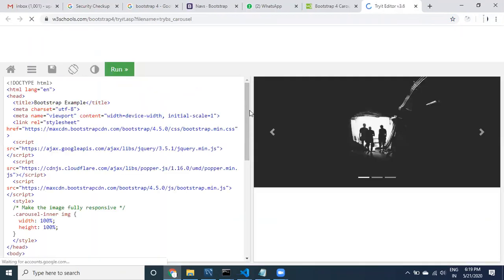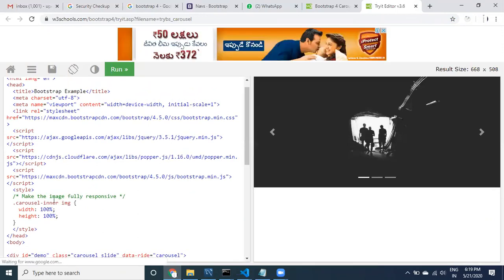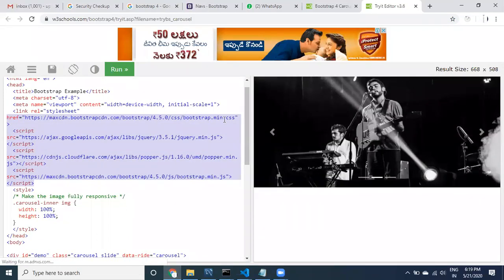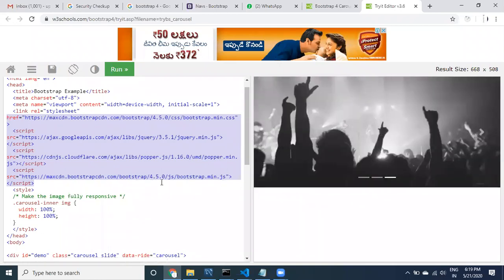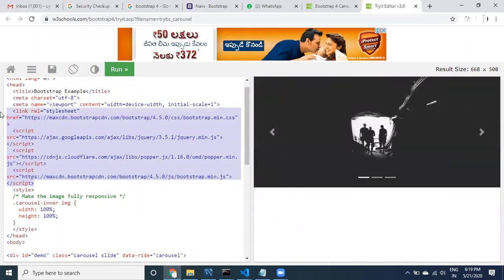See here, guys, what happened now to get this code. These are the bootstrap related CSS available. If you observe carefully, what are the things available? Bootstrap min.js, jQuery min, popper.js, bootstrap min.js. Actually, we were installing all those things, right?